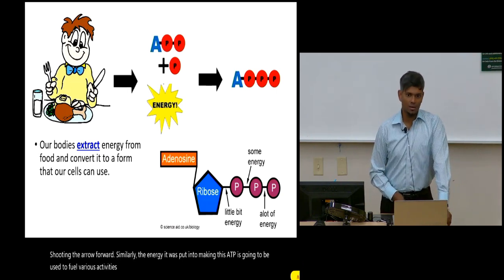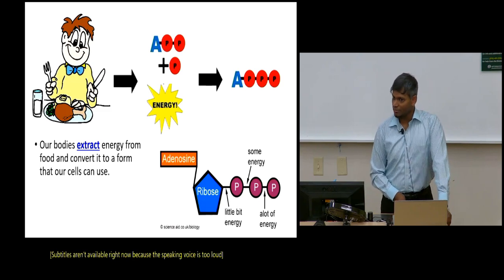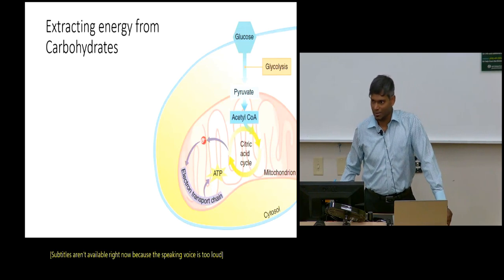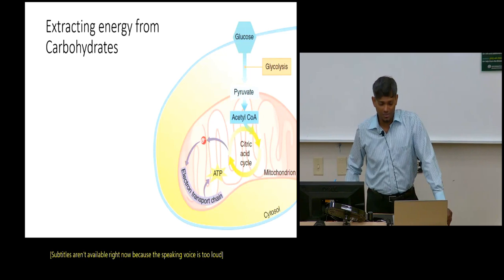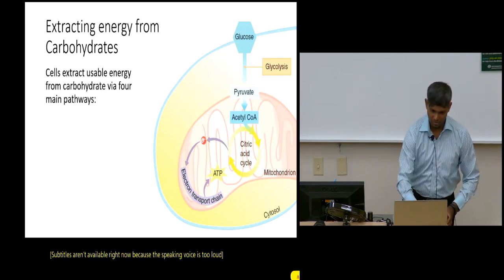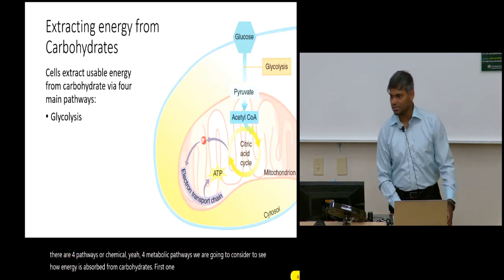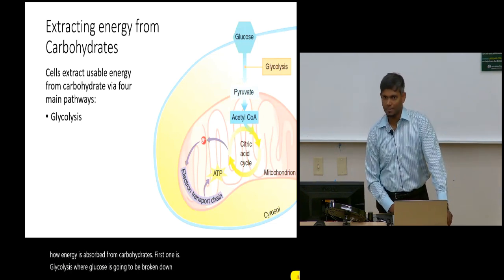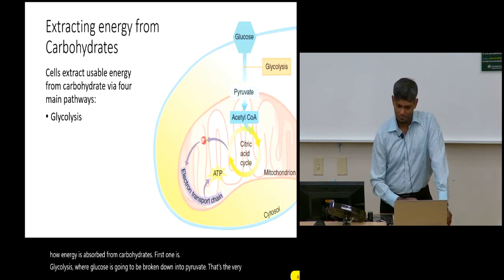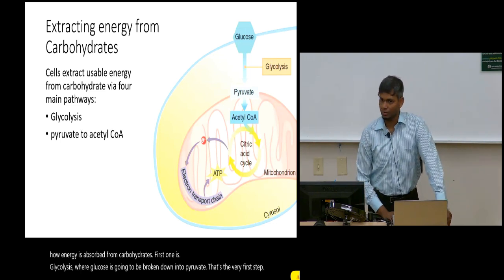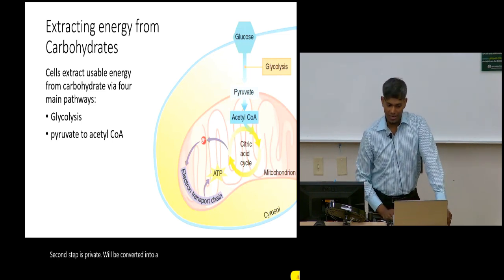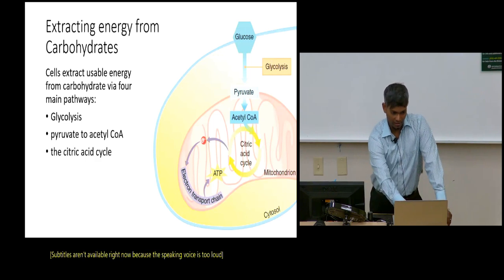So let's talk about how energy is extracted from carbohydrates. There are four metabolic pathways we're going to consider to see how energy is absorbed from carbohydrates. The first one is glycolysis, where glucose is going to be broken down into pyruvate. So that's the very first step. Second step is pyruvate will be converted into acetyl-CoA, and thirdly, acetyl-CoA is going to enter into the citric acid